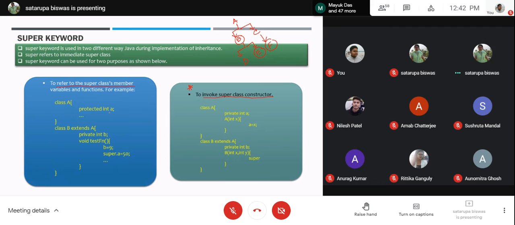Means if the data is not required by the outsiders, make it private. If you have to loosen a little bit, you can make it protected. If you have to access the data within the package, make it default. And public is the last thing that you should do for data.